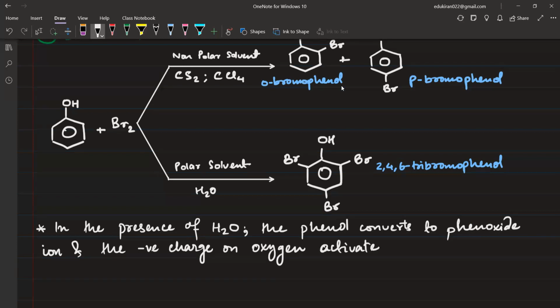Activates means increases the electron density. Okay, activates the ring so much that the electron density